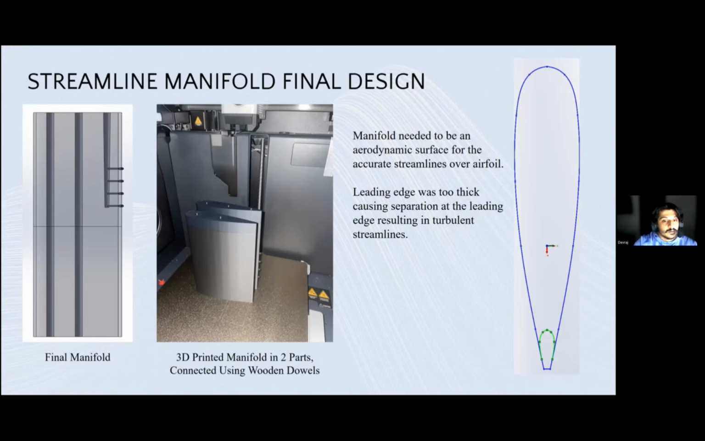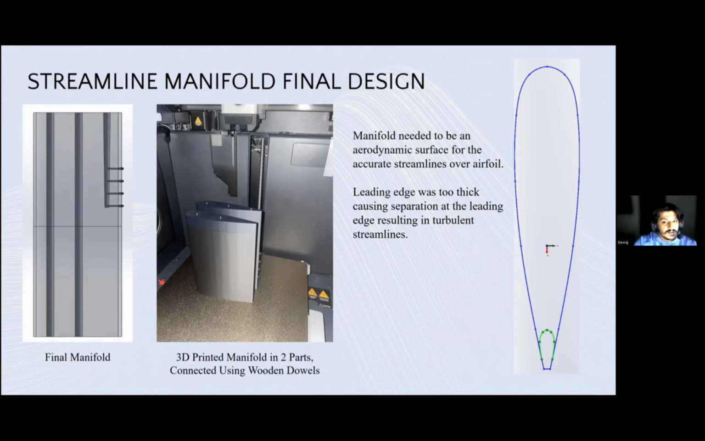And we came to the conclusion that the manifold thickness near the leading edge was too large and it caused flow separation at the leading edge, which affected the streamlines negatively. And in retrospect, a much smaller and shorter manifold would have been a better solution. We could have also guided the smoke more efficiently on the internal side of the manifold to increase thickness and